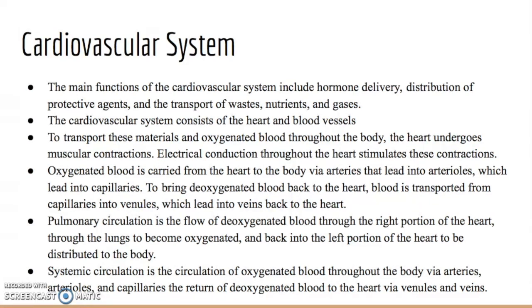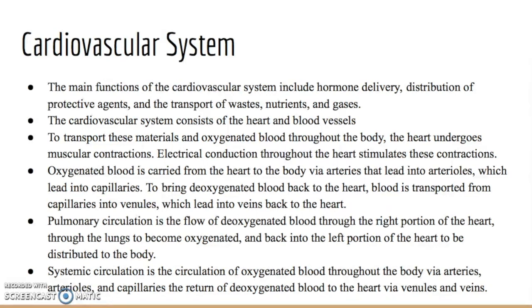Oxygenated blood is carried from the heart to the body via arteries and leads into arterioles, which lead into capillaries. To bring the blood back to the heart, blood is transported from capillaries into venules, which lead into veins back to the heart. Pulmonary circulation is the flow of the blood through the heart to the right portion